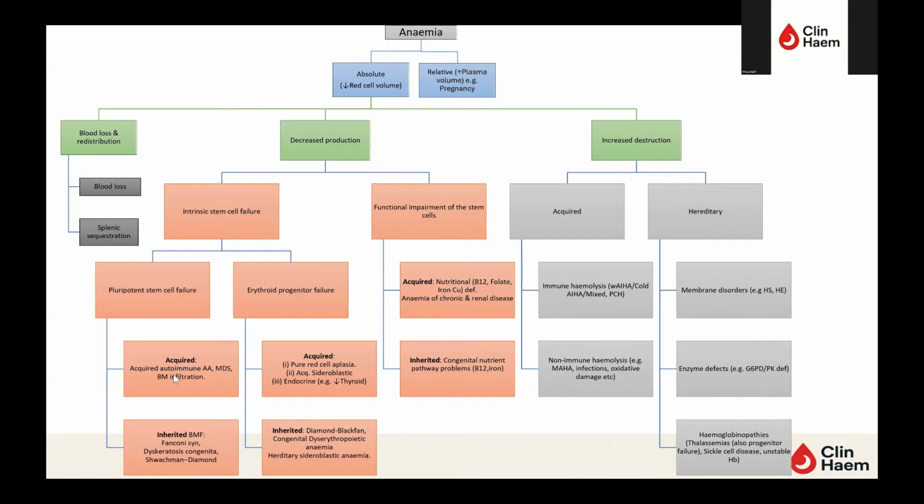So acquired causes like acquired autoimmune aplastic anemia. Of course, it's a misnomer. It's not just anemia. There is neutropenia. There is thrombocytopenia in there as well. MDS and other or bone marrow infiltration. Things like